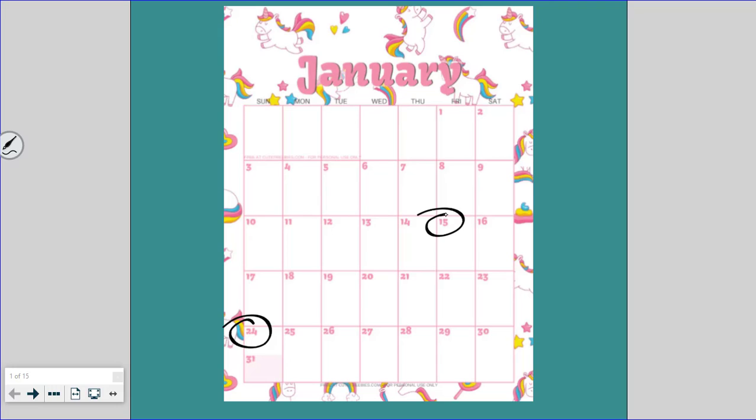Okay, what date has a value of three tens? Three tens. That's going to be the 30th, and we'll do one more. What date has a value of zero tens and nine ones? Zero tens and nine ones. That's going to be the 9th. Nice job. All right, so let's look at our